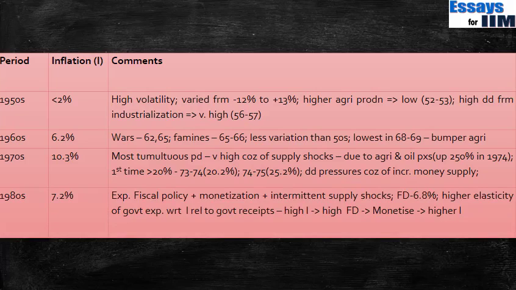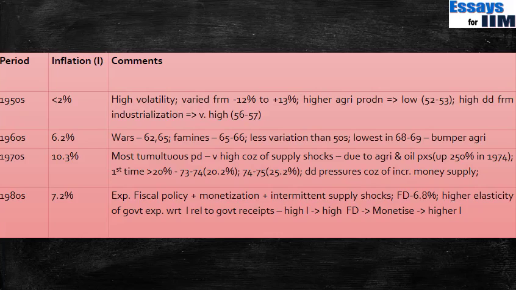Okay, in the 1980s, the inflation tempered down a little bit, but it was still pretty high at 7.2%. What was happening in this period, if you remember or if you know, was that the 1980s was a relatively high socialist kind of period in the history of India. So the government was thinking that, okay, we will nationalize as much as we can. The government was getting into a lot of things. There was a lot of socialism kind of things happening.